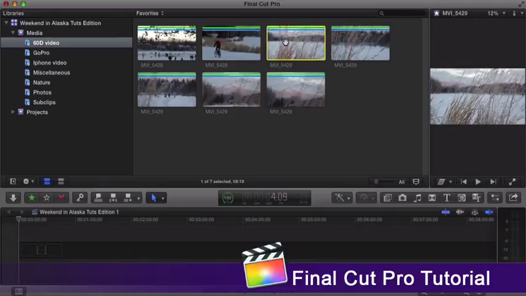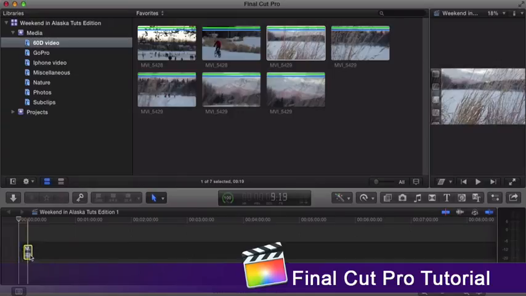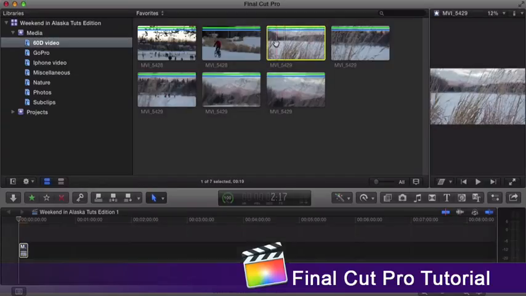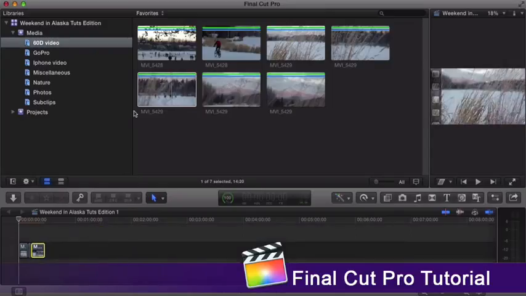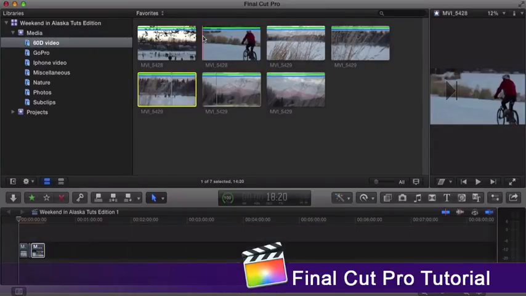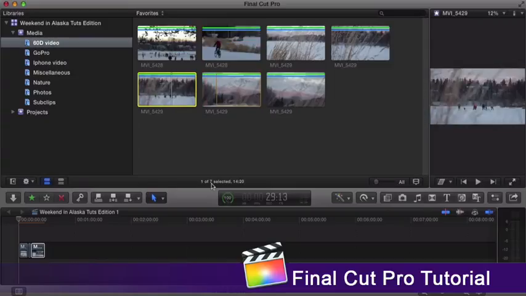When we start editing, I'll show you how we can drag the entire clip or favorite, or even a portion of the favorited clip. So we'll go ahead and continue to favorite all of our footage, and we'll go through all of our footage once, and at the end of the favoriting process, we'll probably have like 100 clips that are all the good stuff, and we never have to go back to our original media and scrub through all of the junk that we can't use. So I really believe that the favoriting process saves you a bunch of time in the end,